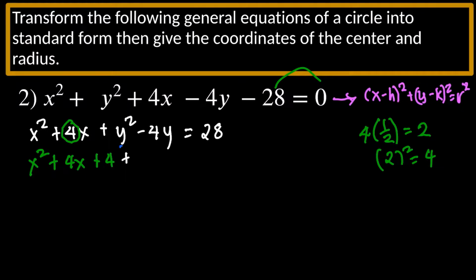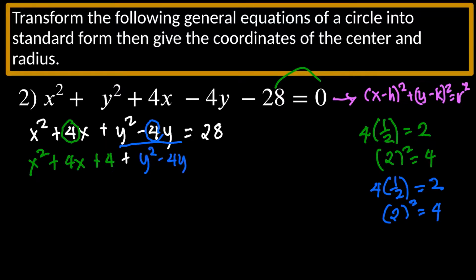Now, what about this one? The numerical coefficient is 4. Again, 4 times 1/2 gives us 2, and 2 squared gives us 4. And so we can write this as y² - 4y + 4,